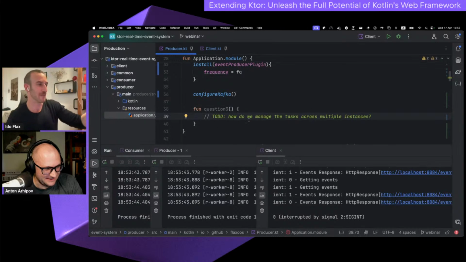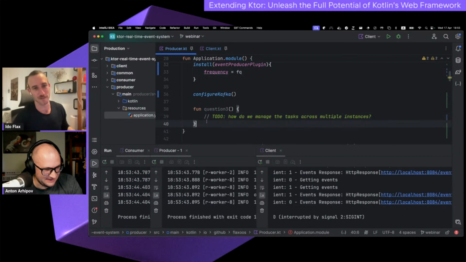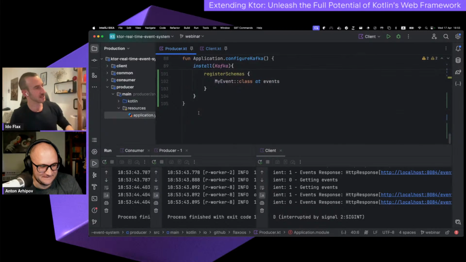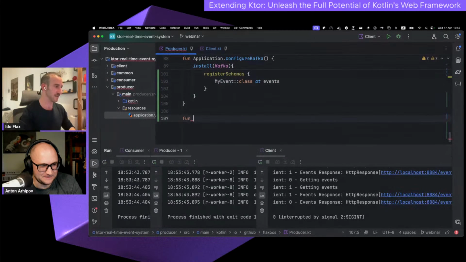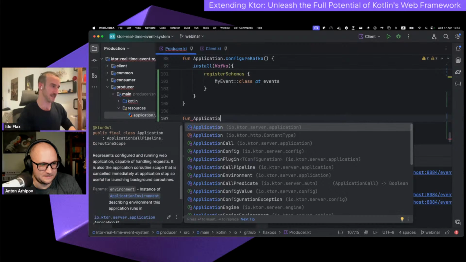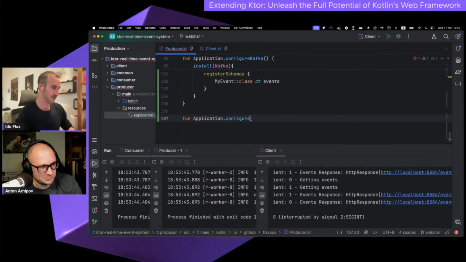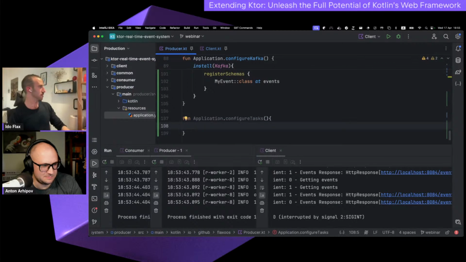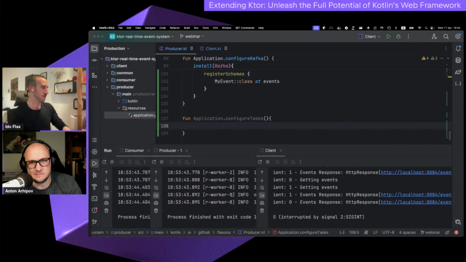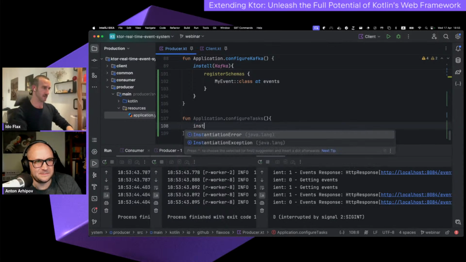So here, how do we manage the tasks across multiple instances? For this, we're going to use the task scheduling plugin. So let's go down here and go fun, to run the right plugin applications. So configure tasks. And here, let's just look at what I have in my notes. So we go install